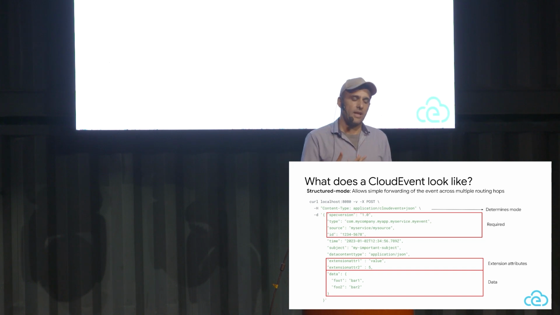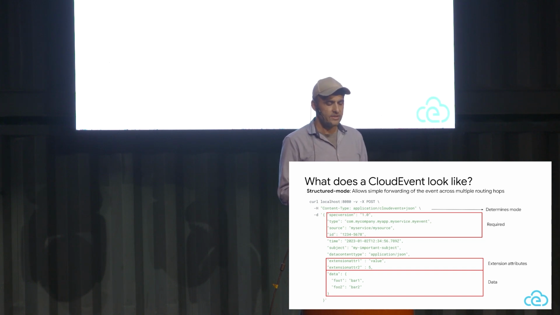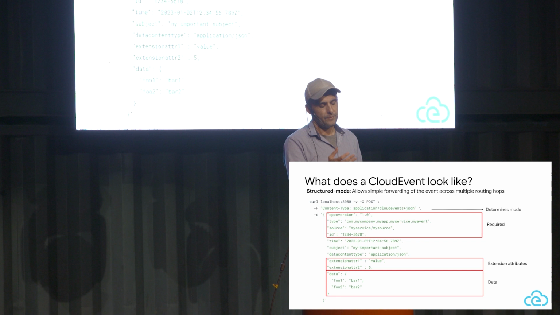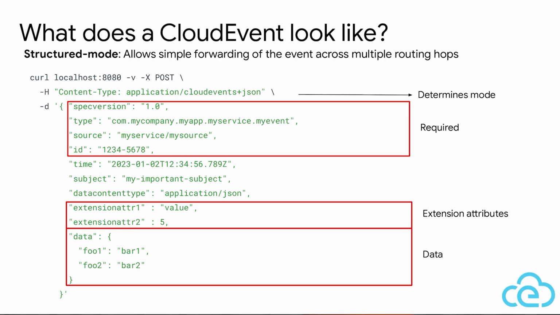Now, the other mode of CloudEvent is called structured mode. And in structured mode, instead of using the headers of the events, we are using the body of the request as the whole thing. So here, as we see, we only have one header. And this time, the header is cloudevents plus JSON. So this tells us that this is a structured mode CloudEvent. And then we have the required fields of CloudEvent, the spec version, type, source, and ID. As you see, this is just in the body as JSON. It's not in the headers.